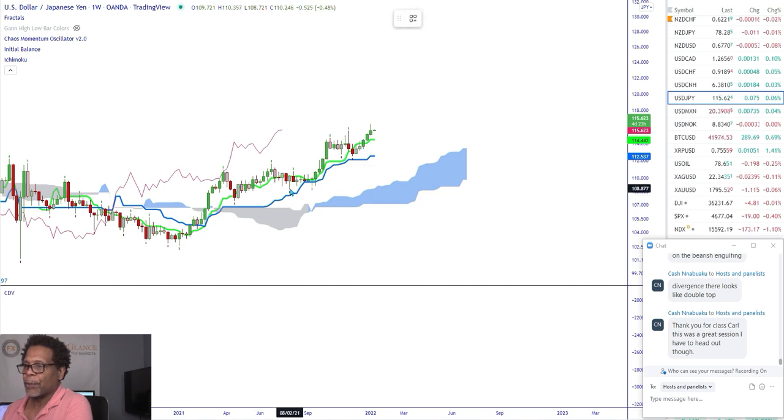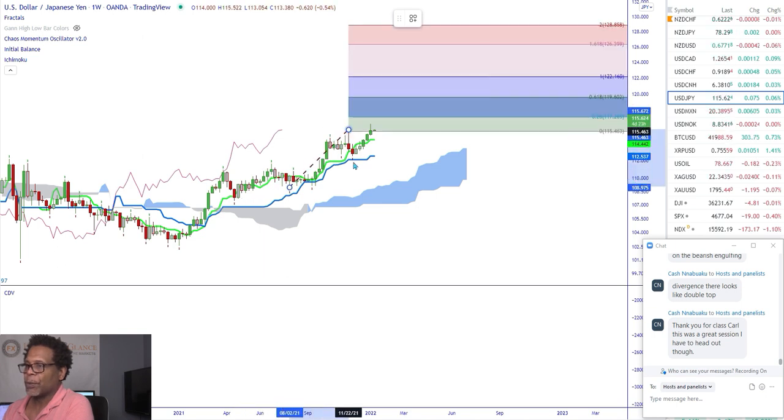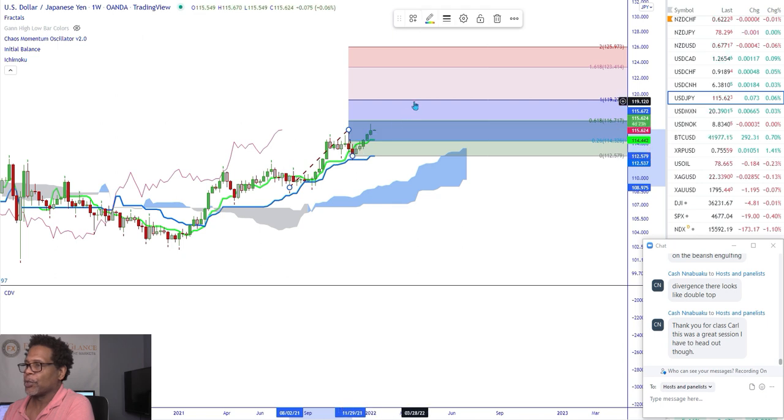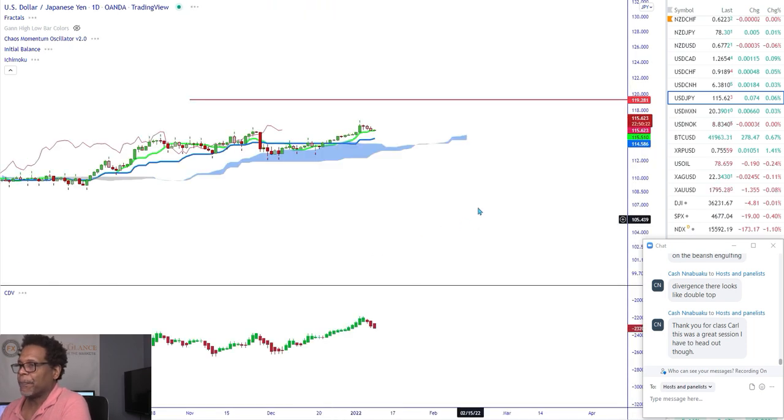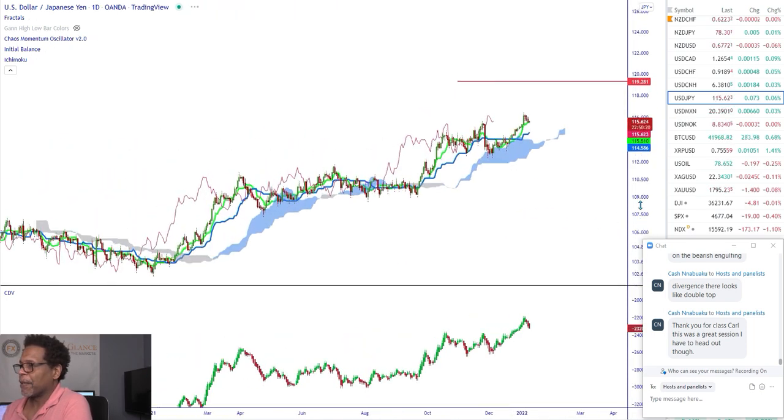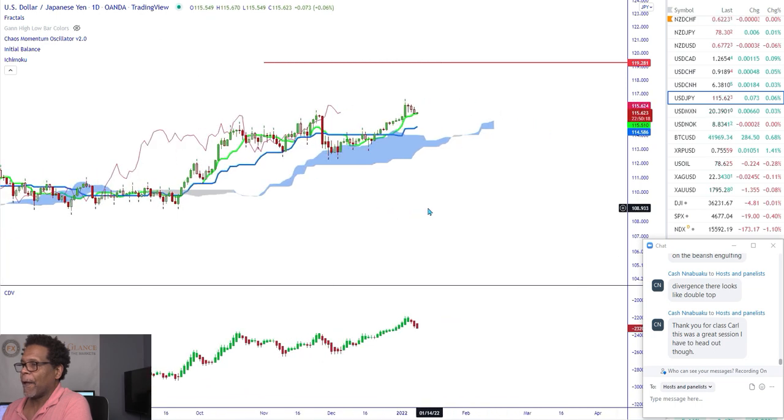I think we're still more pushing higher. Where's the 1-to-1 ratio? Well, we could go from here to here to there. So we'll go here because this is 1, 2, 3, 4. Then this is 1, 2, 3, and then we're shooting for this level here. So we will be shooting for this target on a weekly time frame. If we're looking for the market to get there on a weekly time frame, the daily time frame is bullish, and I'm thinking we still get to that level.